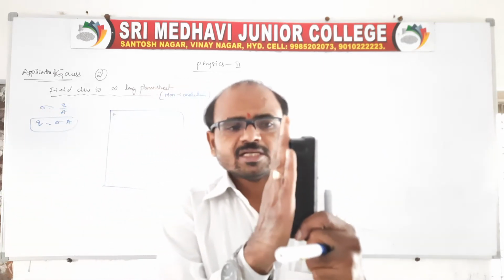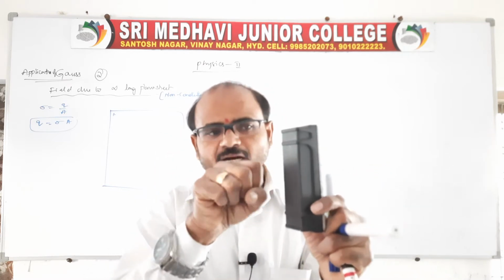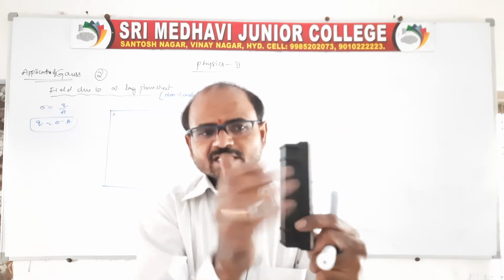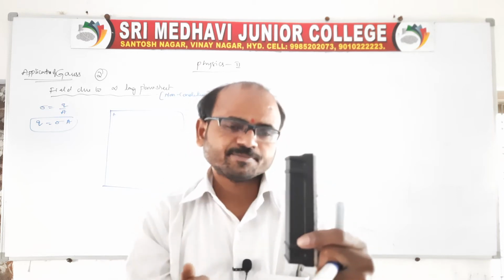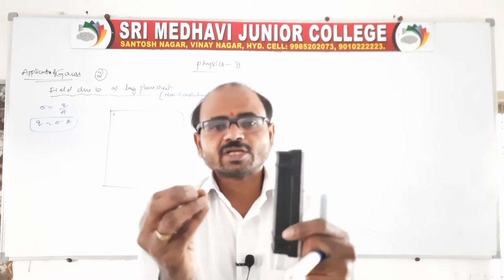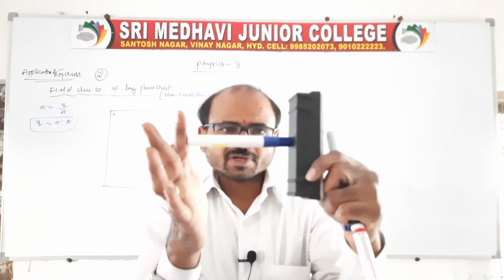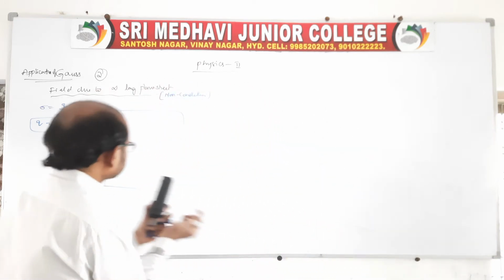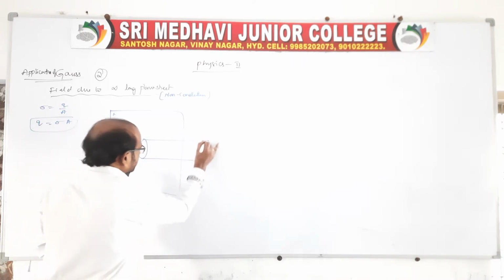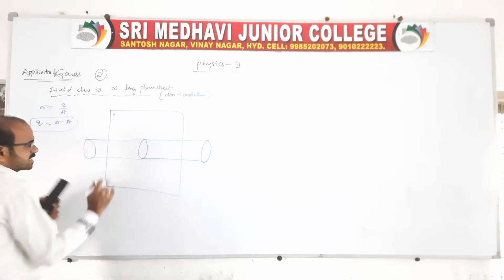The closed area will be, the field is coming out from here, field is coming out from here. So use this area, of course coming out here, also it is coming out from here. Use this area, which we cannot see, no? Therefore we can see only these areas. We cannot draw on the board, so you take only the areas which are possible. From this area you draw one closed area. It may be like this. I'll show you. Because the field is coming out, draw one closed area. It is not a cylinder, you don't say cylinder. It is in the form like that, but you don't say.